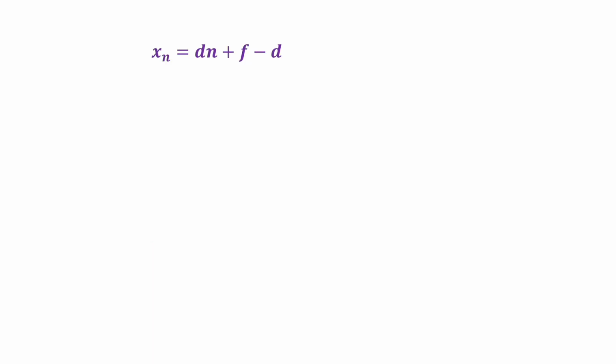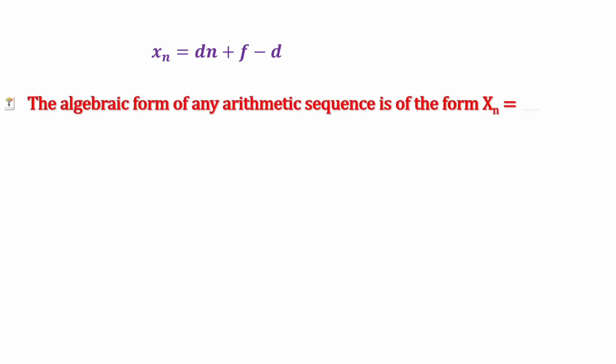Now we know xn equal to dn plus f minus d. So there is a term containing n, and f minus d means it is first term minus common difference. It is a fixed number. So we can say the algebraic expression of any arithmetic sequence is of the form xn equal to an plus b,